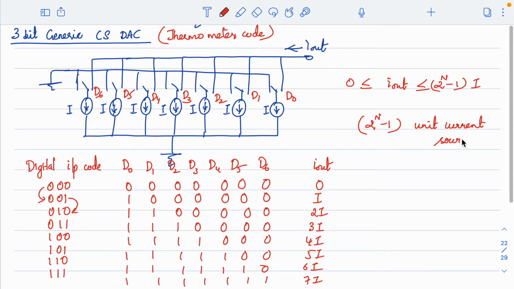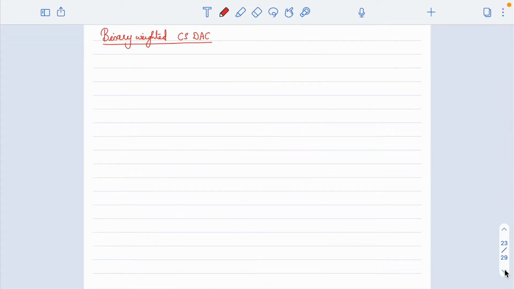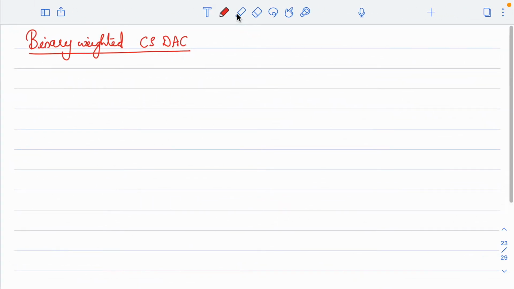We needed a huge number of current sources, but all the current sources were equal. But here in the binary weighted current steering DAC, for an n-bit DAC we need only n current sources,